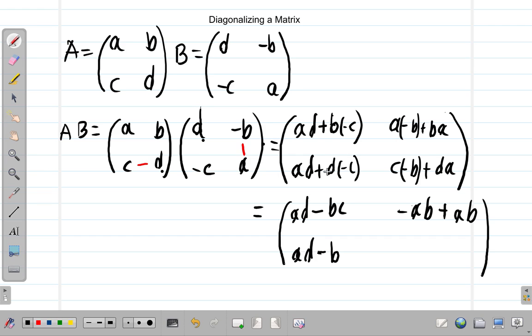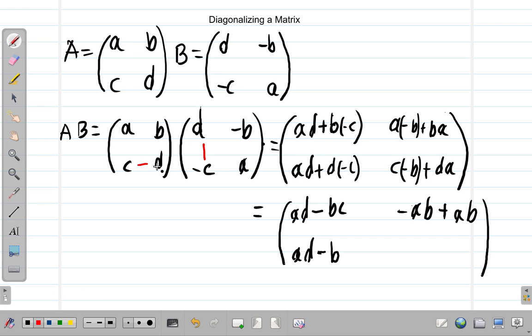So let's make sure about this. What we did was to multiply row 2 by column 1. CD is not AD. Why did I put AD here? It's CD, C times D. This was row 2, column 1. You see, you can't make a mistake when you're dealing with this thing here. Alright? So it's row 2 times column 1. When we did row 2 by column 1, it was this. And we did C times D, which is